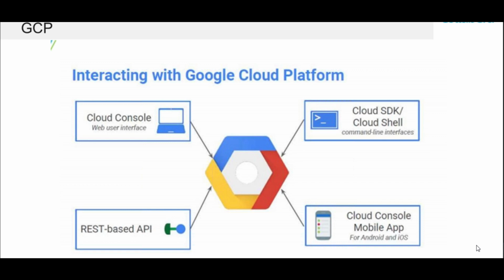Which one is easier to learn? It depends on your learning capabilities also, but I would say GCP is a straightforward cloud. I should say the cost-effective cloud, because on AWS if you run some services there will be billing, and if you don't pay they will suspend your account, whereas in GCP you can practice up to $300.